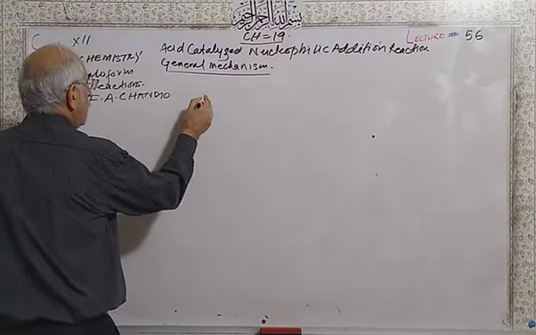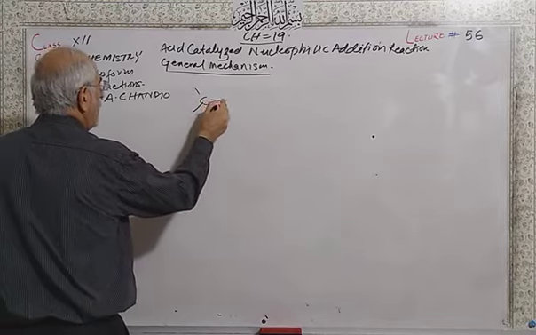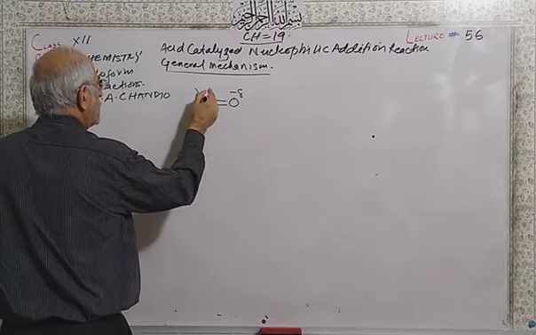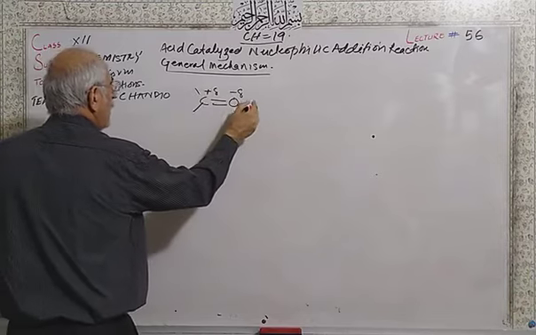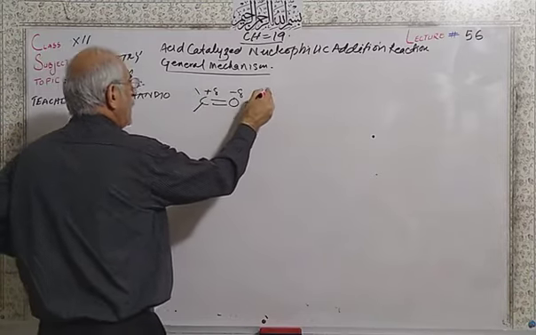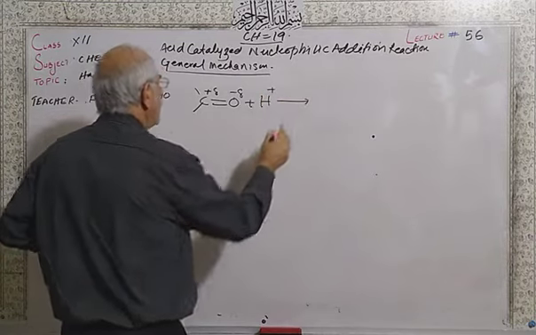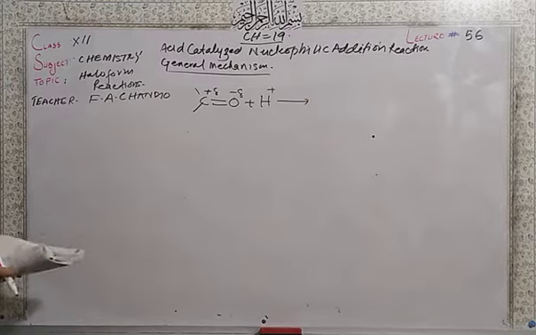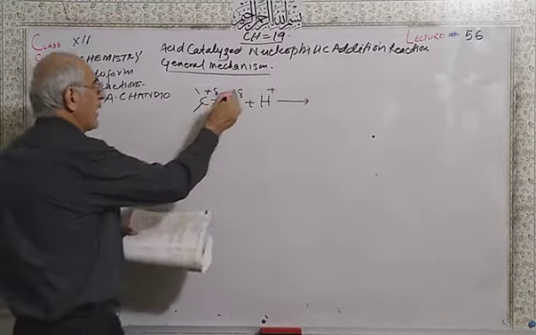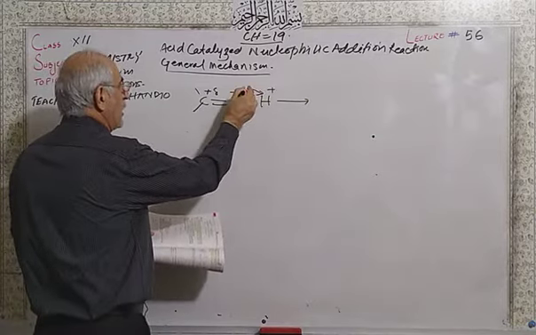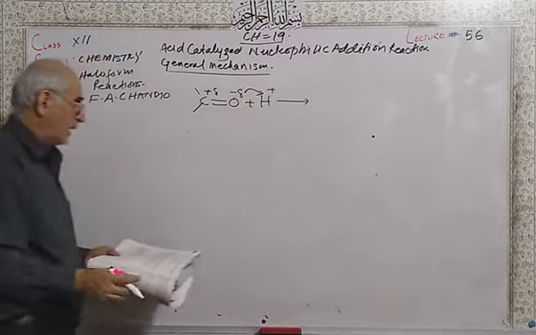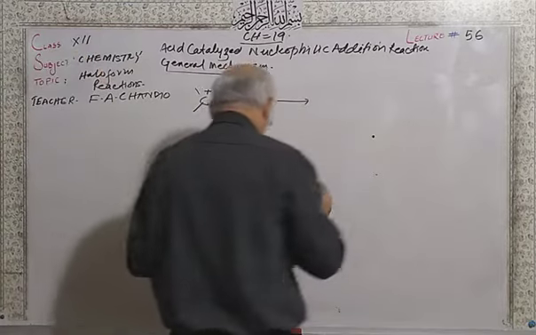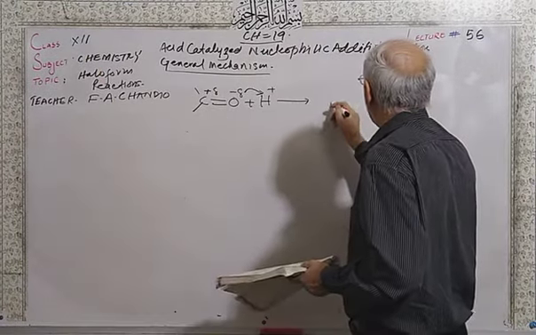So this is the carbonyl group, maybe aldehyde, maybe ketone. This is the nucleophile oxygen. This is the electrophile carbon. And this is the proton which is liberated from the acid. This is the carbonyl group, and this nucleophile is going to be attached to the electrophile. This is the nucleophile oxygen, and this is the electrophile hydrogen proton liberated from the acid. So for the time being,